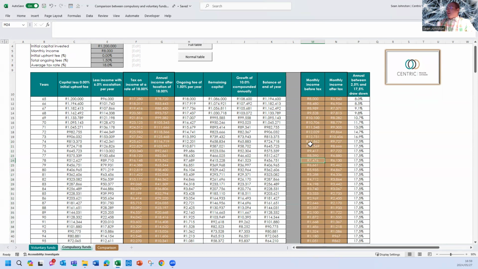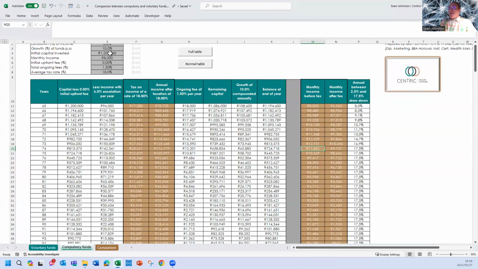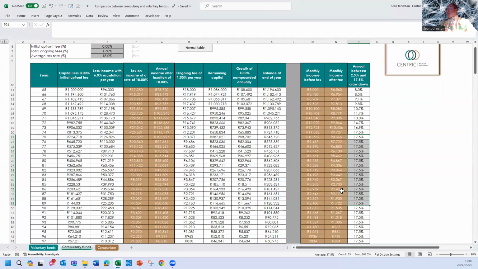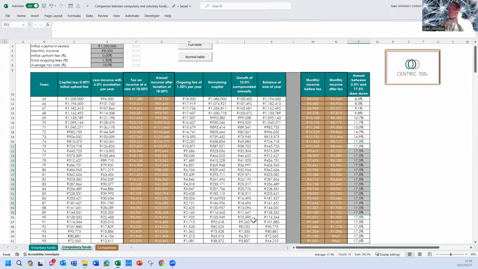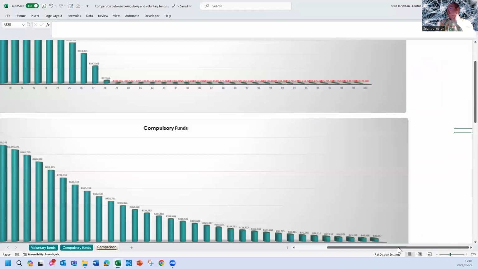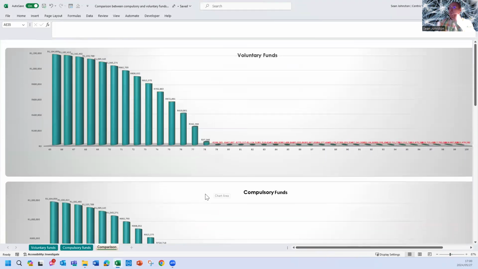And you can see here the income, even though you're escalating at 6%, is reducing. Why? Because it is capped at 17.5%. Now, the best way to illustrate that is to put it onto graphs next to one another. So what I'm going to do is just zoom in.